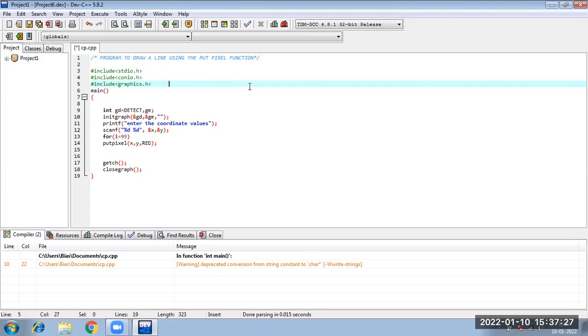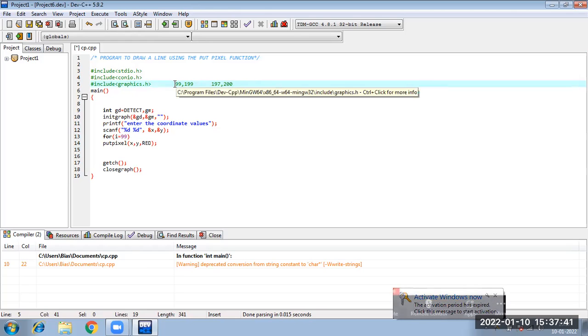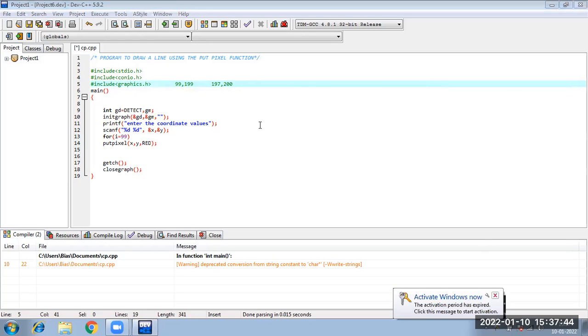So the points suggested were 99, 199, and suppose 197 and 200. Suppose I am taking these two points. One loop for x will run from this to this, and one loop for y from this to this.